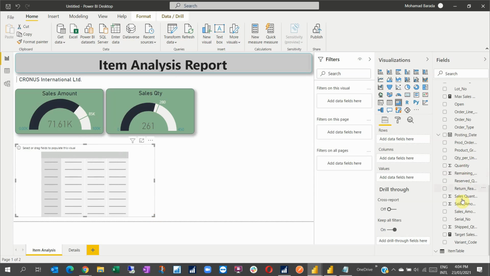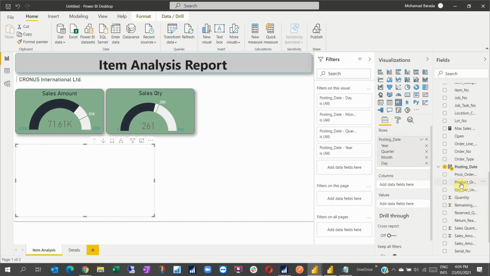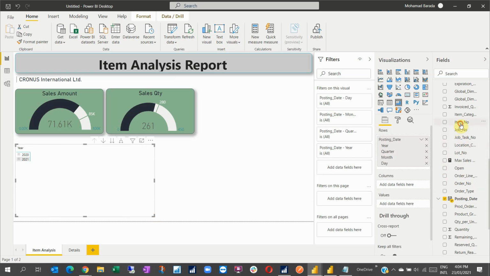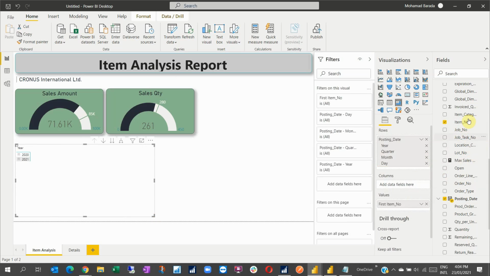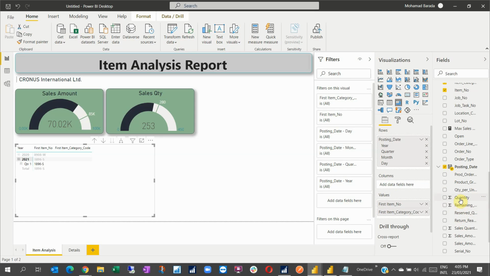If I would like to see by item number, also by posting date, I will see here by item number, the values, and item category. So you see here, I will see for each item in a specific date, I can see the value. What I would like to see as a value, I can add it in column. For example, if I would like to see the quantity,